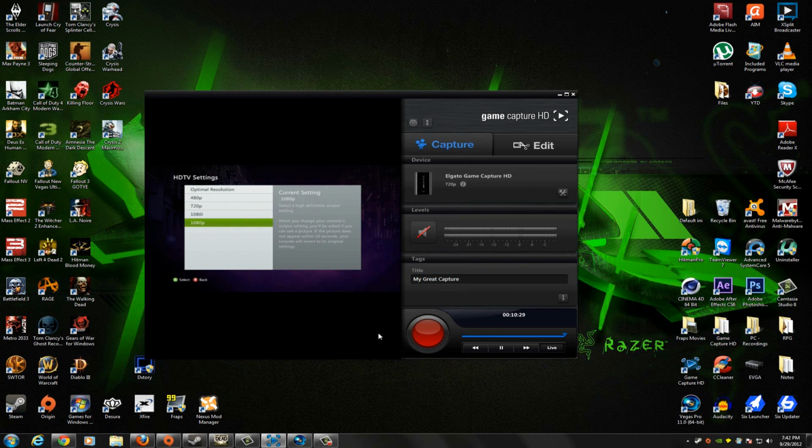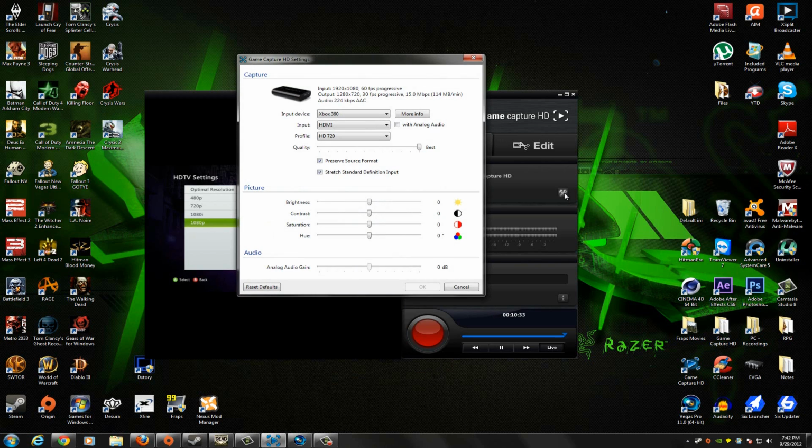Since it's already set, I'm going to hit cancel. Now I'm going to go to the video settings here. My input device, I have it set to Xbox 360. Input is HDMI, which also supports component if you have that. I recommend HDMI. My profile, now I could record in 1080p, but I'd rather record in 720p for the smaller